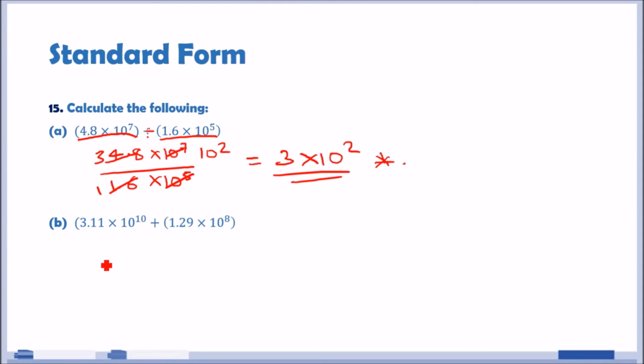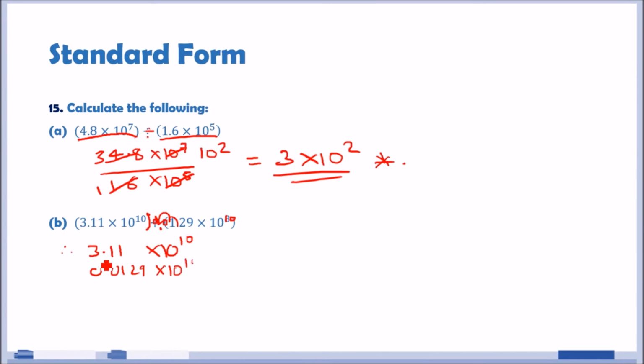Easy. Now, adding, and I forgot the bracket. Here it's literally the same thing, except now we have different powers, which cause confusion. So immediately, what I would always do in these kinds of questions is raise this power to make it match this power by shifting the decimal place properly. So if I was going to raise this power to a 10, we need to shift the decimal by different places, popping in some zeros, and there we should get this value. So hence we should have 3.11 times 10 to the power of 10, and then here we have 2 decimals,